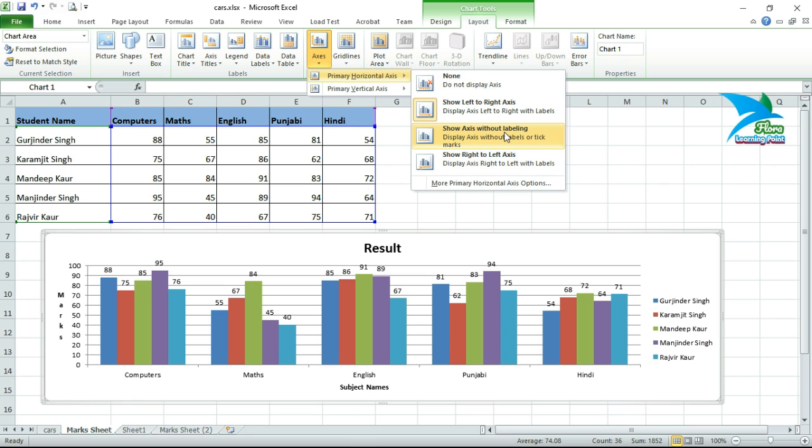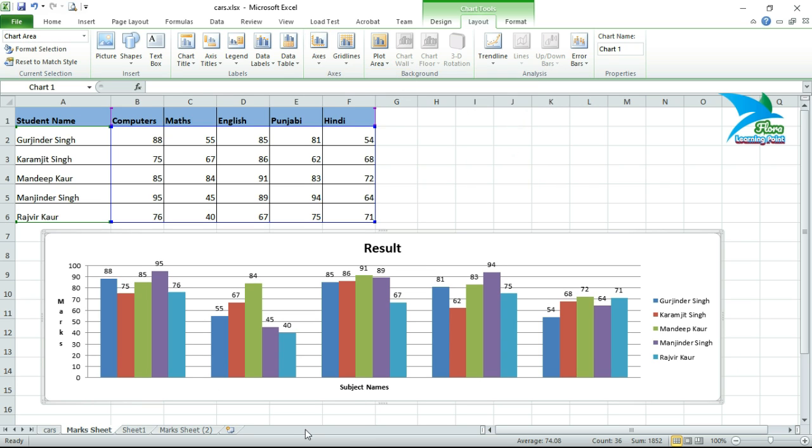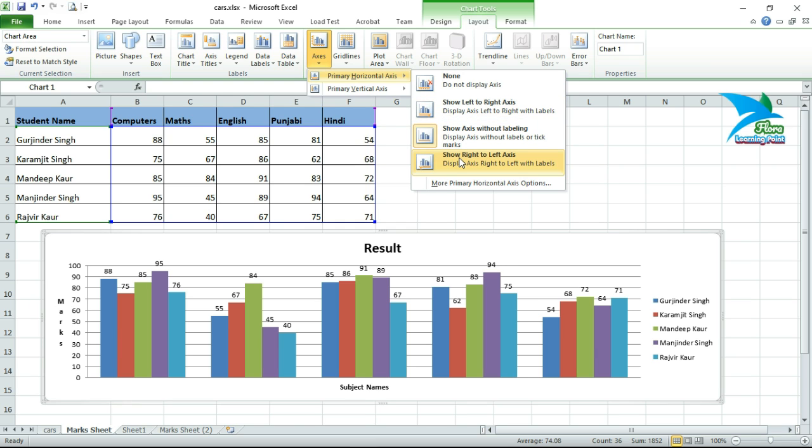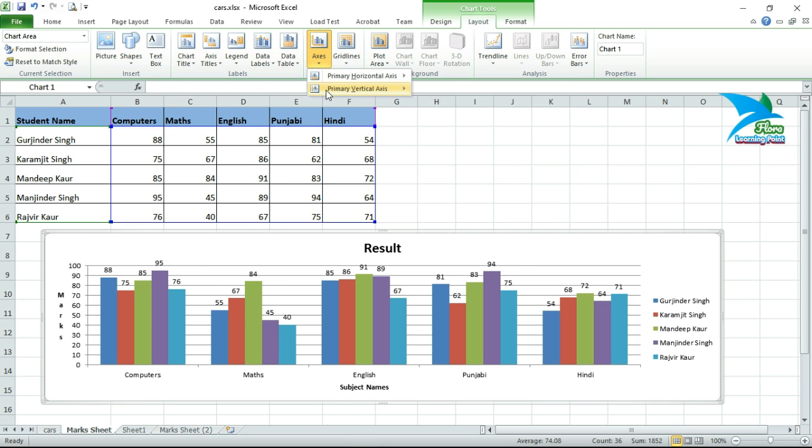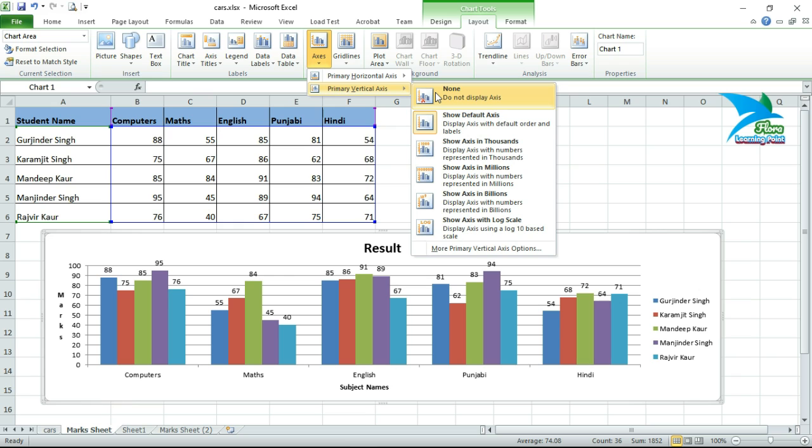Next, if you click this one, that means show axis without labeling, so it will hide the labels of that axis. When you select show right to left axis, then it will show a y-axis here, and the x-axis that is already available on the bottom. These are the options available.